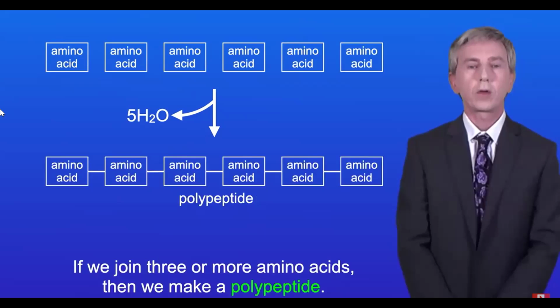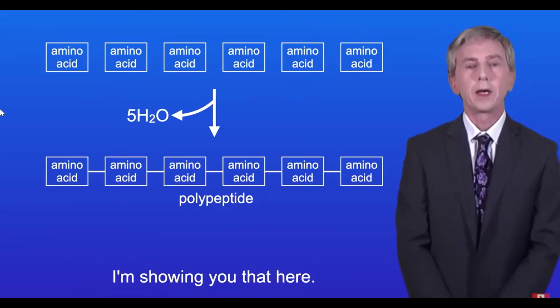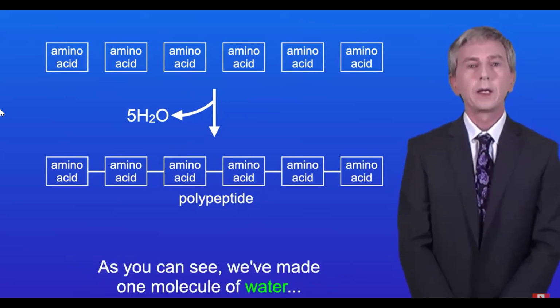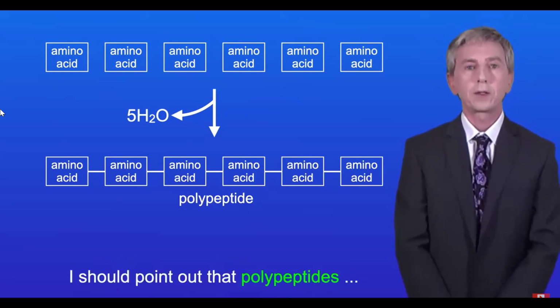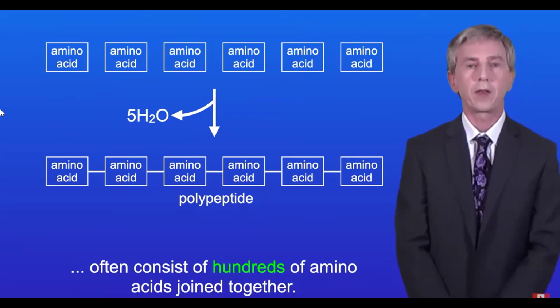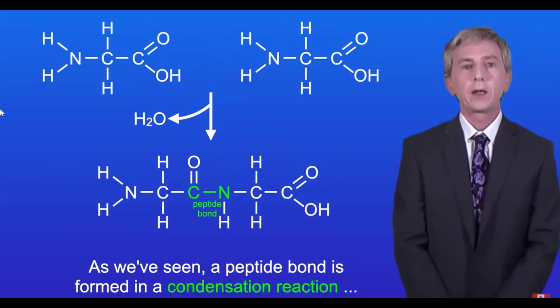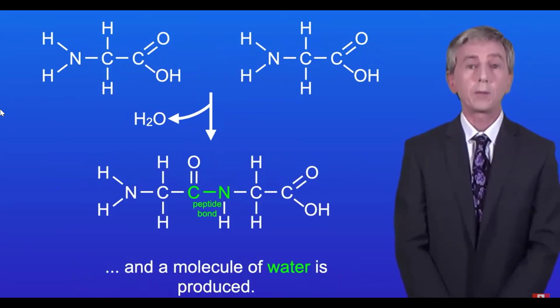Now, if we join 3 or more amino acids, then we make a polypeptide, and I'm showing you that here. As you can see, we've made one molecule of water for every peptide bond that we formed. Now, I should point out that polypeptides often consist of hundreds of amino acids joined together. Okay, so as we've seen, a peptide bond is formed in a condensation reaction, and a molecule of water is